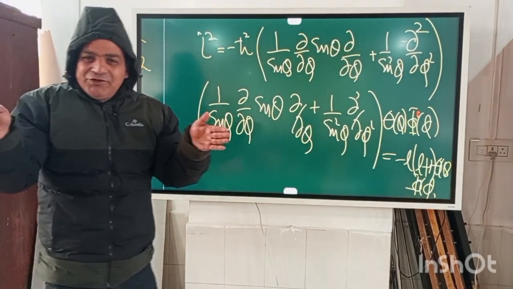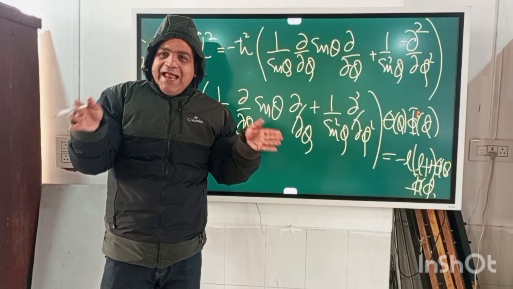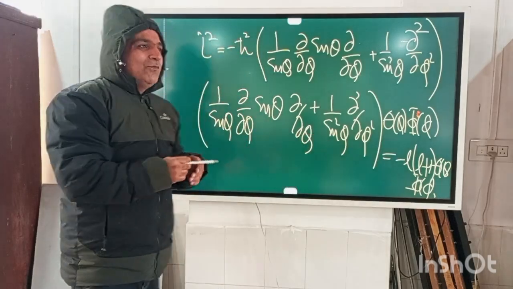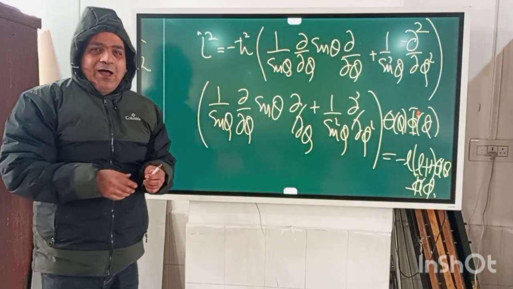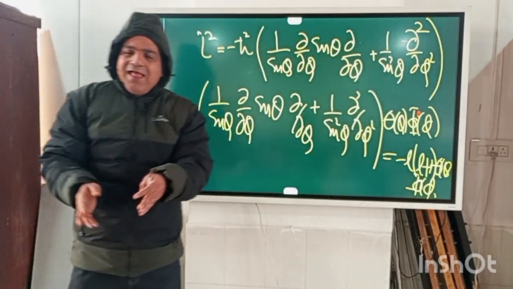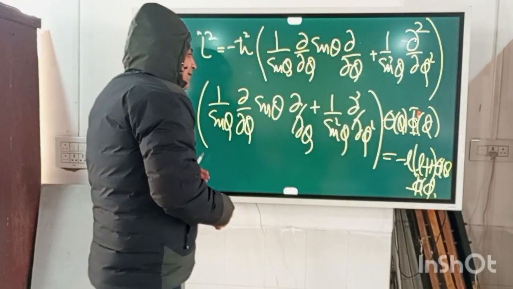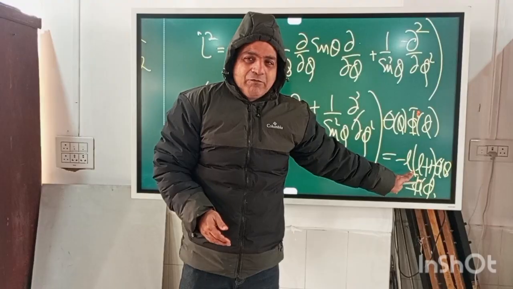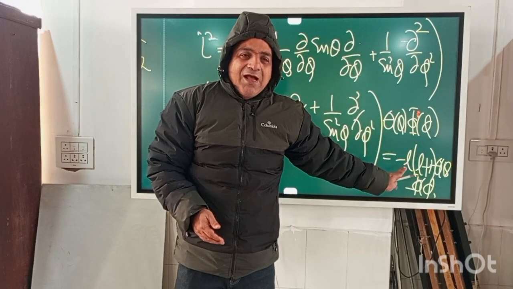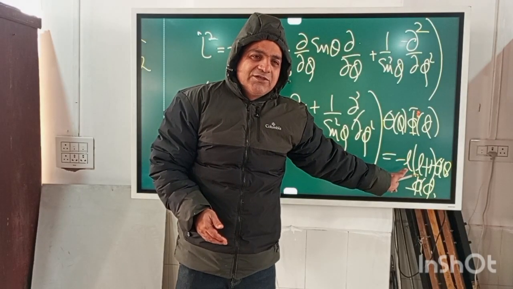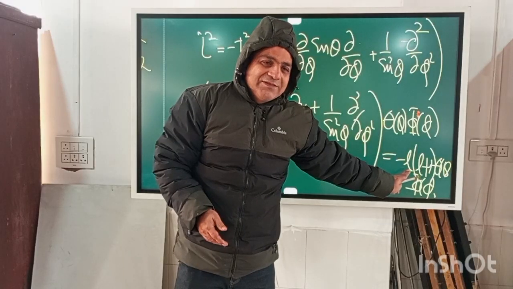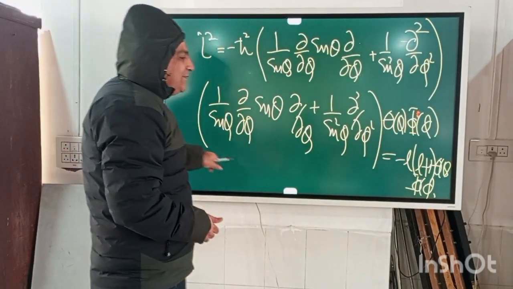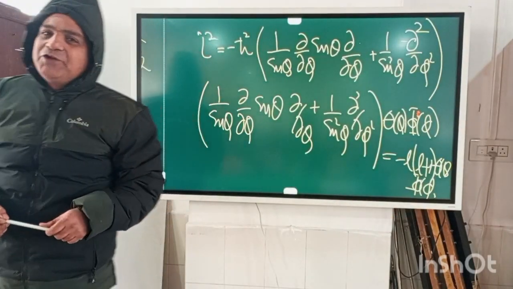You can rearrange your Schrodinger's equation that you have written in spherical polar coordinates, and you will see that the angular part, which comprises both theta as well as phi, is equal to minus a constant. If you rightly remember, we had introduced a constant to solve the Schrodinger's equation. And what was that? It was L times L plus 1, okay? So you have this part of Schrodinger's equation in terms of